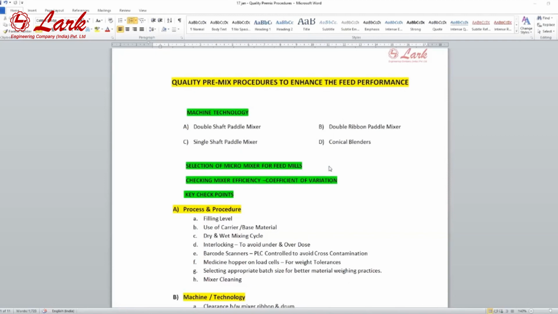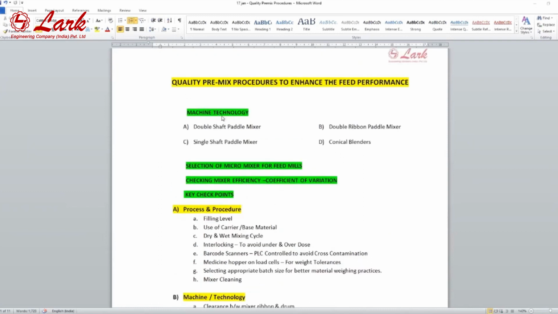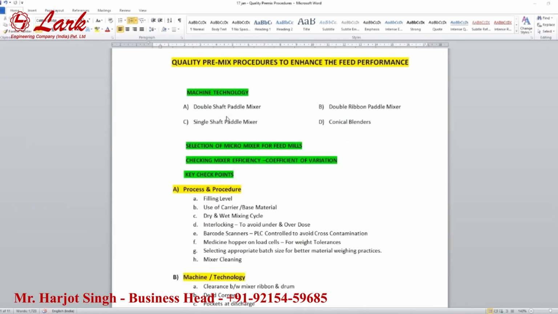Sir, I split my presentation into two parts. One is with respect to the technology and the machine, where we discuss the different types of mixer that we can use in premix to make the premix or to make the feed. And then the second part is the key checkpoints with respect to the process and procedure. For example, in machine and technology, we will cover